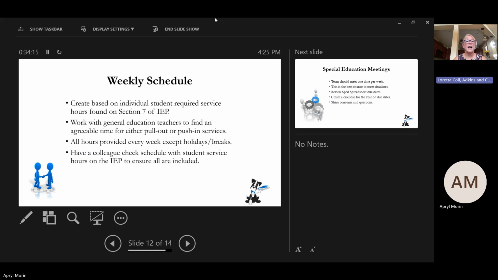So for Johnny, every week I need to earmark 45 minutes for him to work on reading comprehension. Now it doesn't have to be 45 minutes in one sitting. It could be 20 minutes one day, 15 minutes another day, 10 minutes another day, however it works into your schedule. But you need to look at every single goal area for the student and all of the time required based on that last